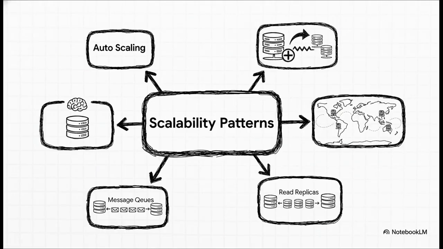And this is how they pull it off. These are not just buzzwords, okay? Auto-scaling means your system automatically calls for reinforcements when traffic spikes. And something like a message queue, it acts like a shock absorber for your application, making sure that sudden bursts of data don't cause a total system-wide failure.